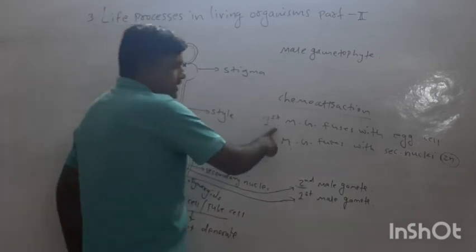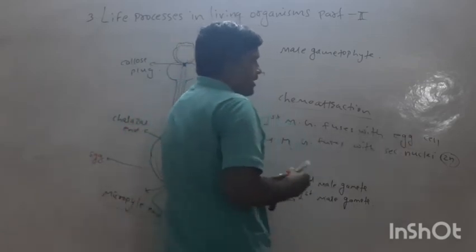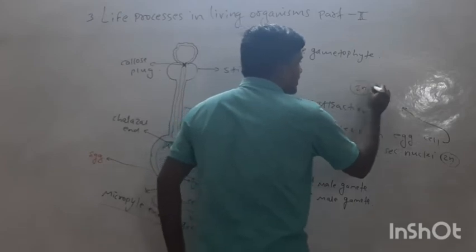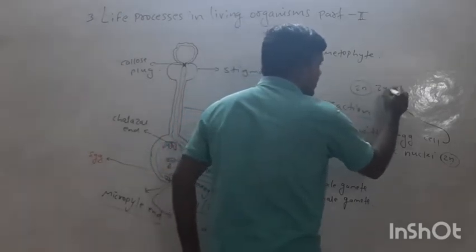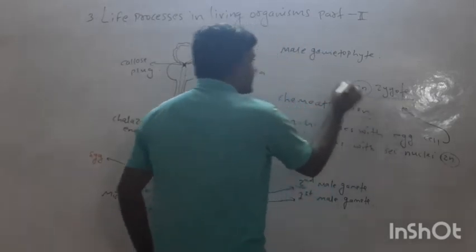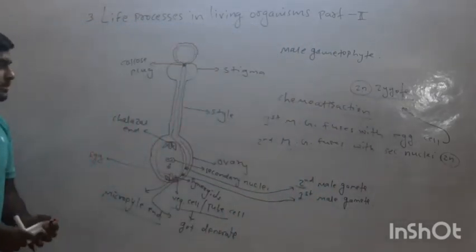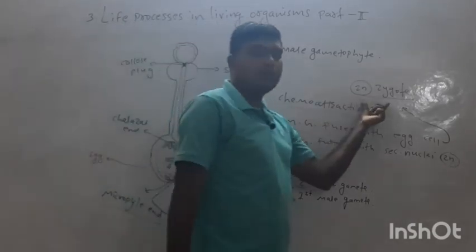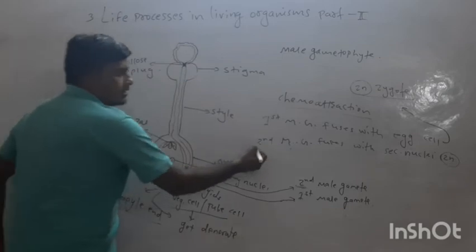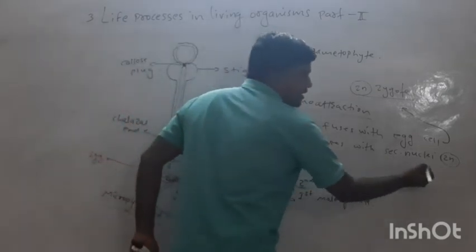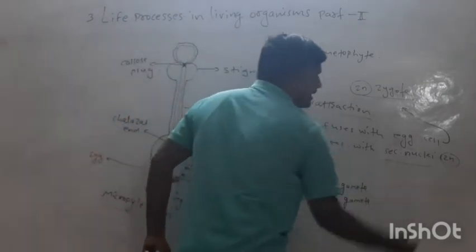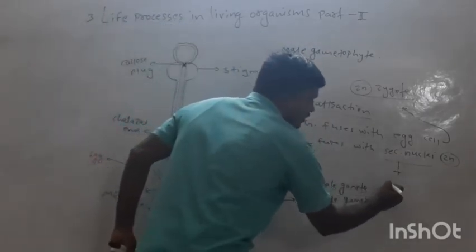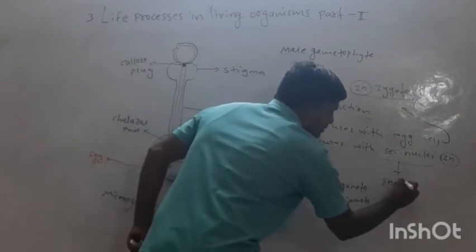First male gamete fuses with egg, and that leads to formation of a diploid cell that is called zygote. We can say zygotic cell. First male gamete fuses with egg and there is formation of zygote, and second male gamete fuses with secondary nuclei, which is diploid in nature, and that leads to the formation of endosperm,